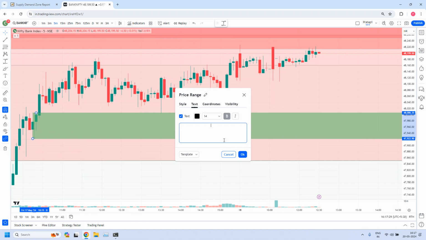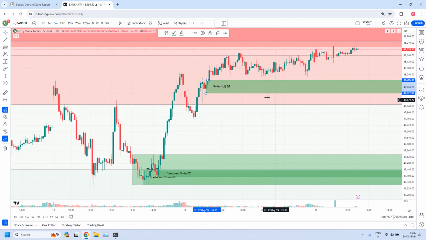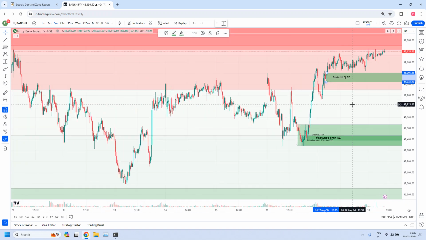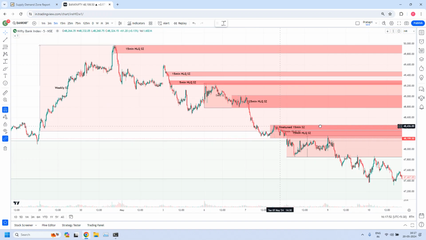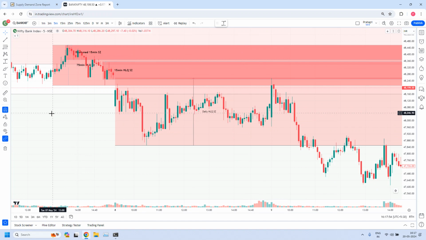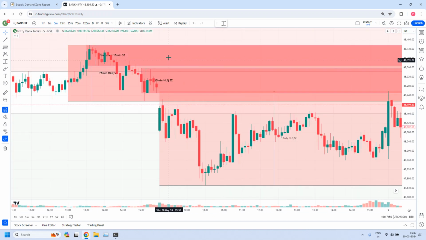This is 5 minutes HLQ demand zone. And this zone is currently holding the prices. And above we have this 15 minutes high liquidity demand zone. Currently that is holding the prices. This 15 minutes high liquidity demand zone